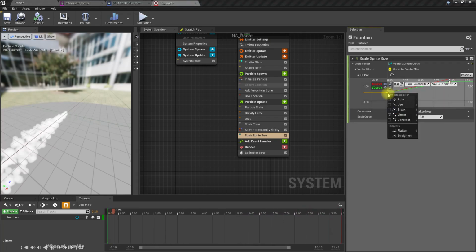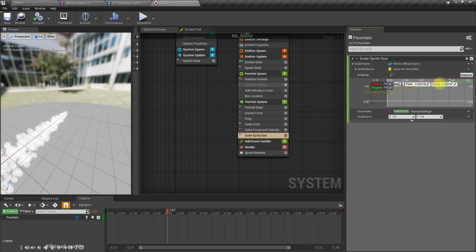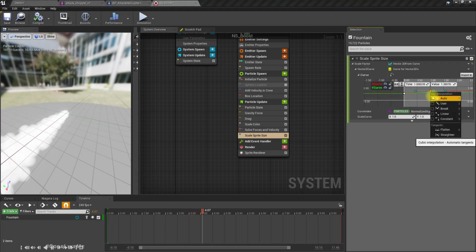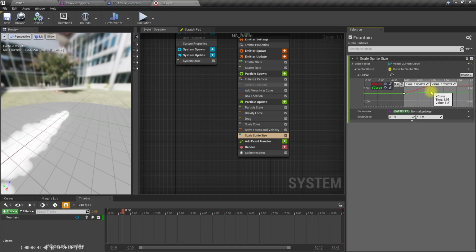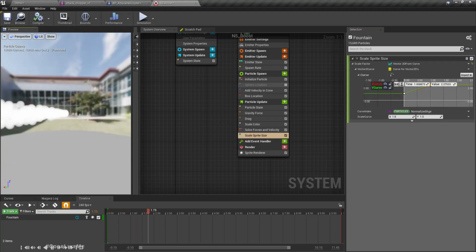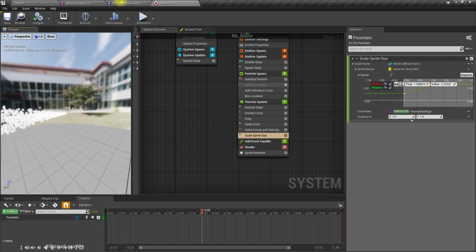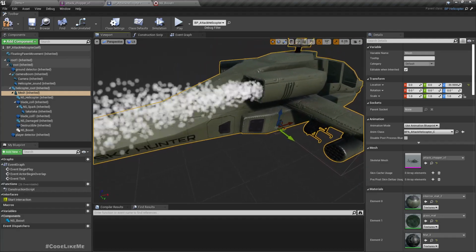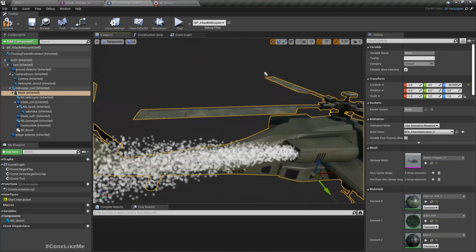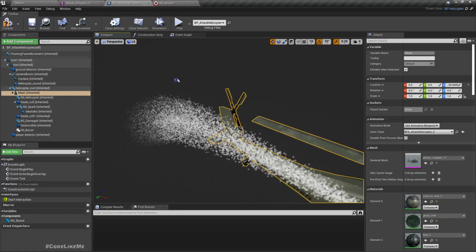Oh, let's make this 1. Right, this seems fine. Now as it go further, this should vanish actually, so we don't need to have such